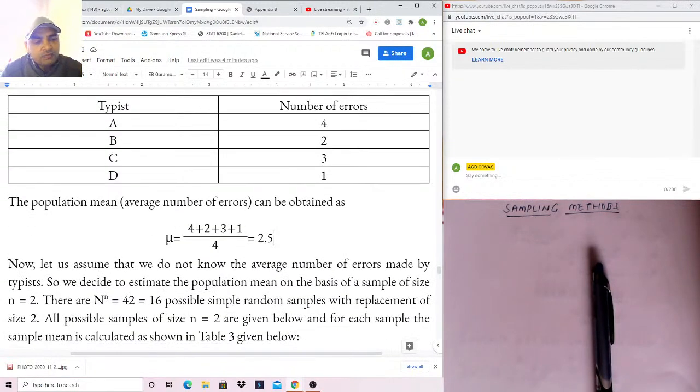Now let us assume that we do not know the average number of errors made by the typists. So we decide to estimate the population mean on the basis of a sample. That is, we will take two typists instead of the whole population. We take a sample of two typists. So there are n power